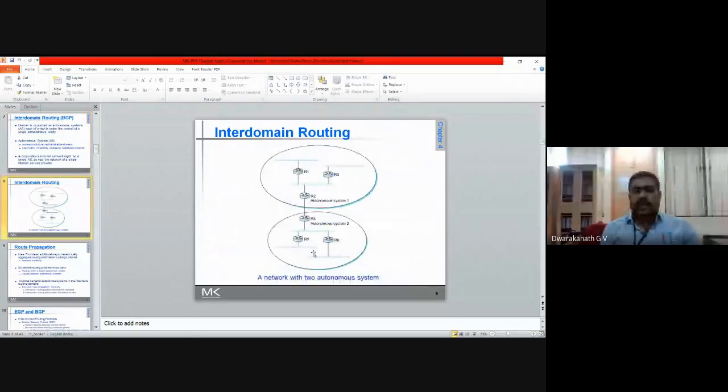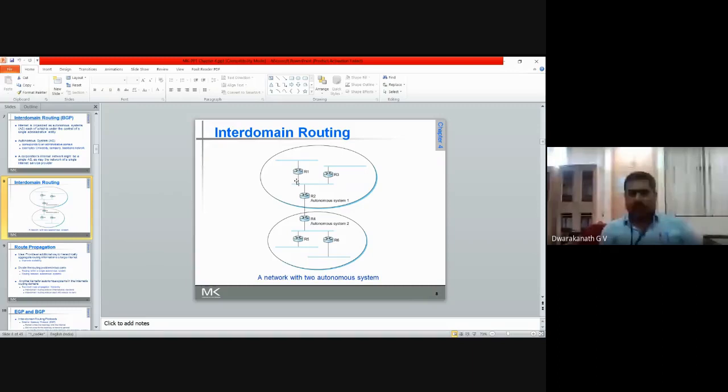Coming to the next. Now, what is interdomain routing? You can see this particular thing. Interdomain routing is very simple here. You can see autonomous system 1 and autonomous system 2 here. Now, consider the routing which will be done within autonomous system 1. How many routers are there here? R1, R2 and R3. This we have already discussed in the bridge concepts, how a minimum spanning tree will be built and how the routing table will be written or established in these particular routers.